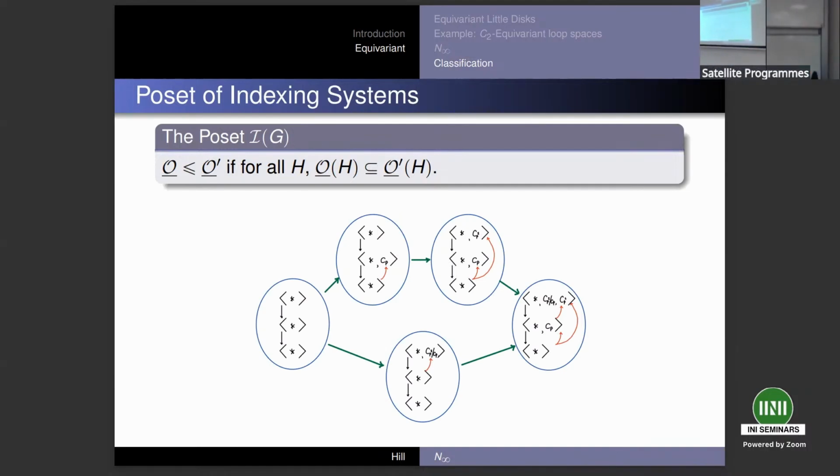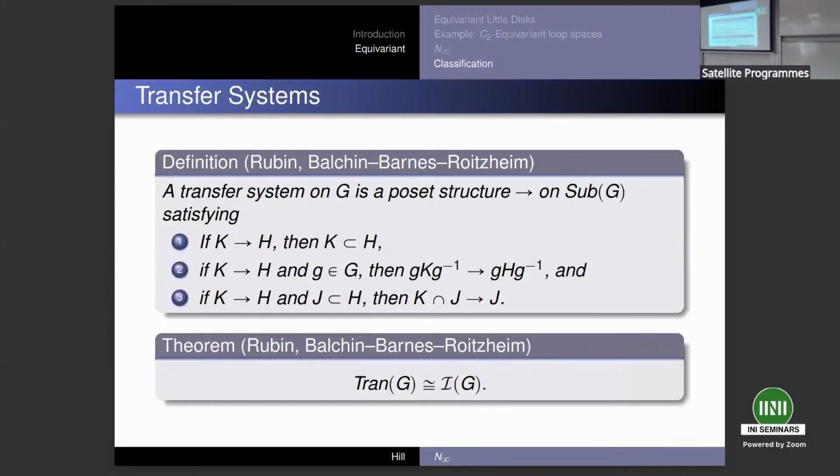So here, I could record the entire picture. I don't actually need to see most of the internal structure. What I need to remember instead are the little red transfer maps that went up. And that records for me the same kind of data. And this was done by Rubin, and then